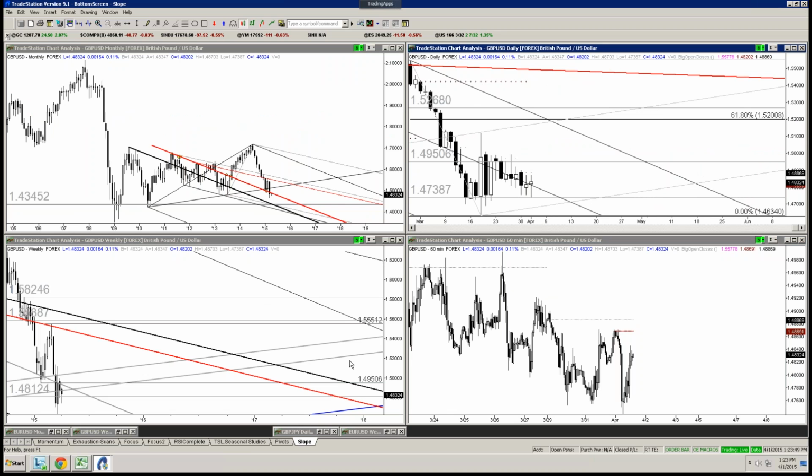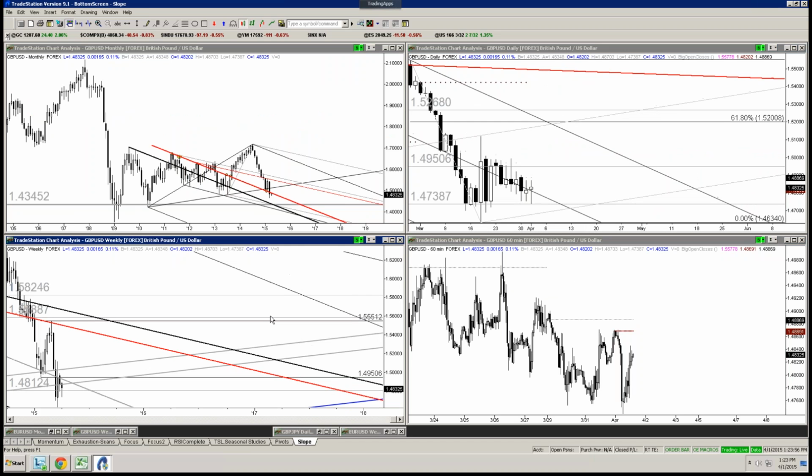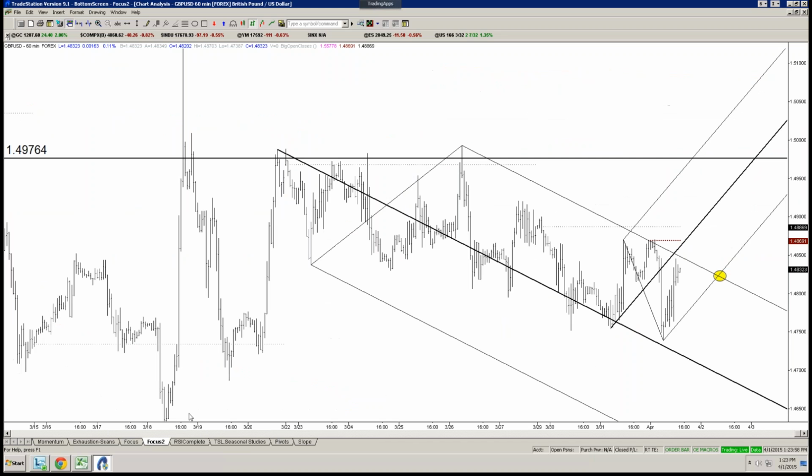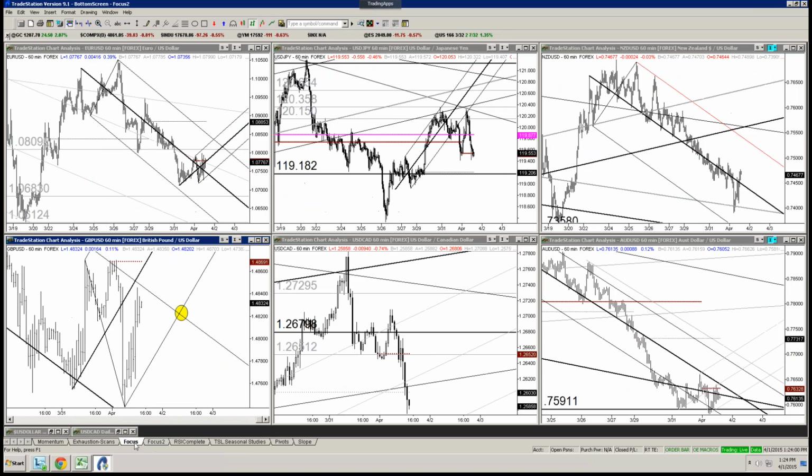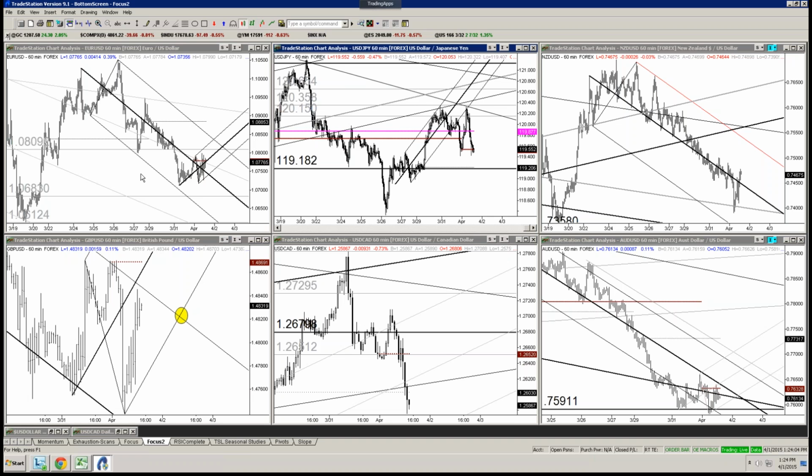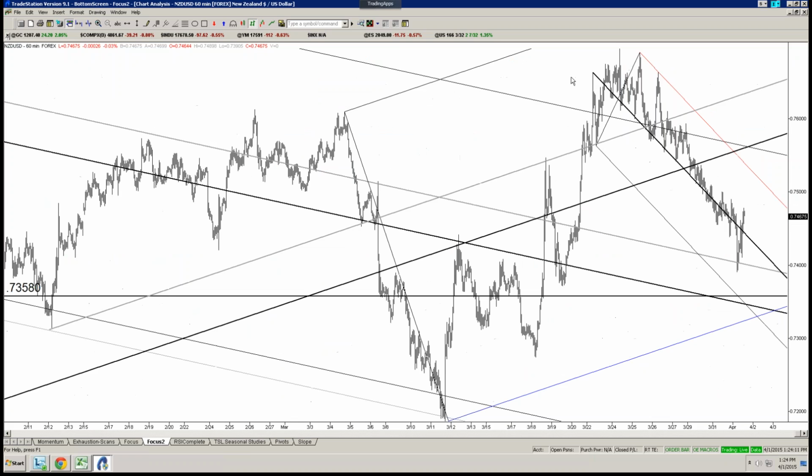And then also like the dollar CAD on the short side as well. With that, we just kind of have to wait for the right levels to get the right risk profile on the short, on the swing short. So that's where we are with two of my favorite dollar crosses at the moment. We'll look at Aussie and Kiwi now.